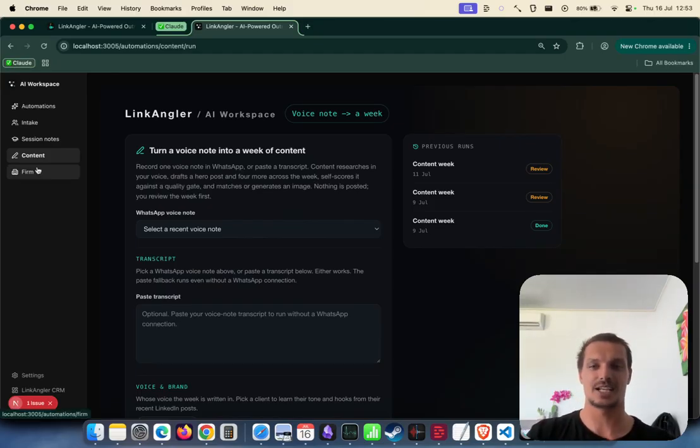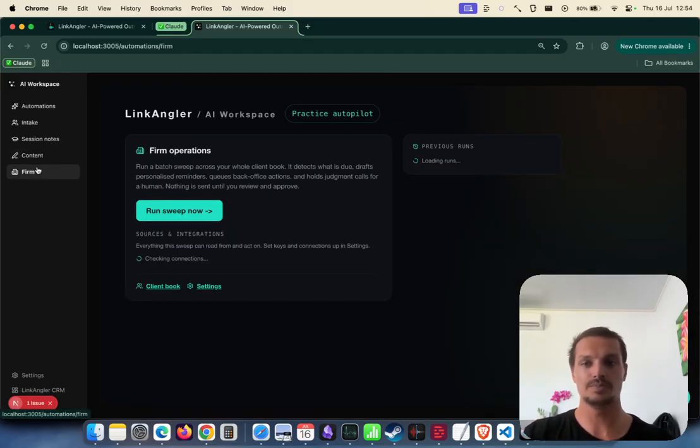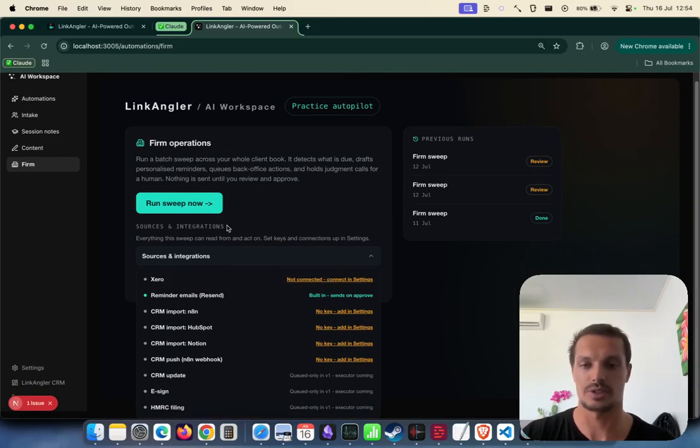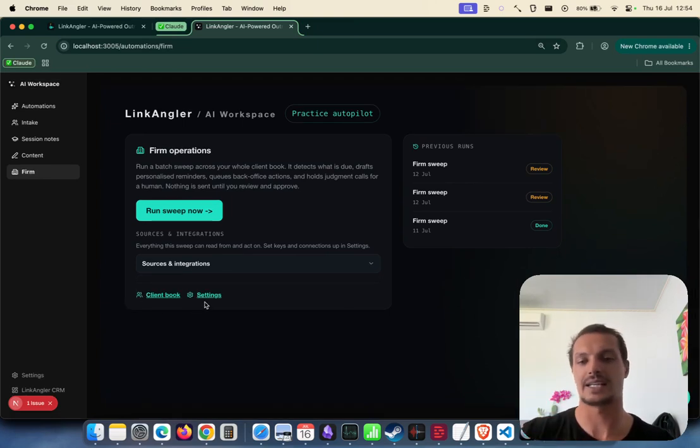All right, now last but not least, we have the firm one. And so essentially, you've got all the sources and integrations. For example, these are the standard ones: Xero, email, n8n, HubSpot, Notion, CRM updates, eSign, DMARC. You could add endless API connections which you could pull information from, and you'd train it so that it